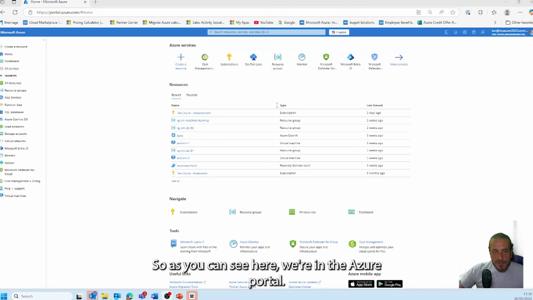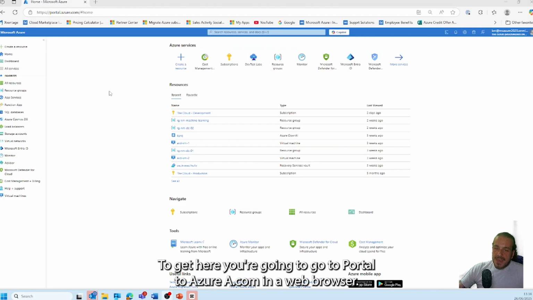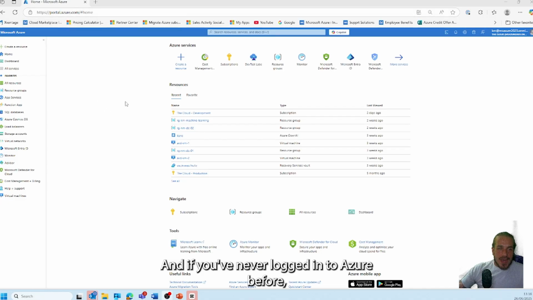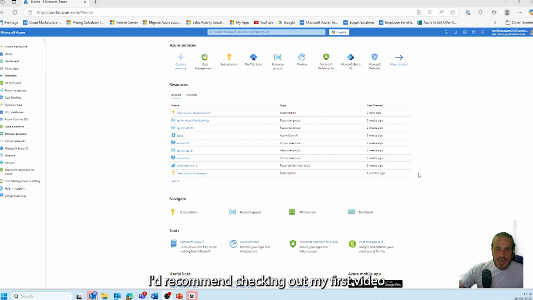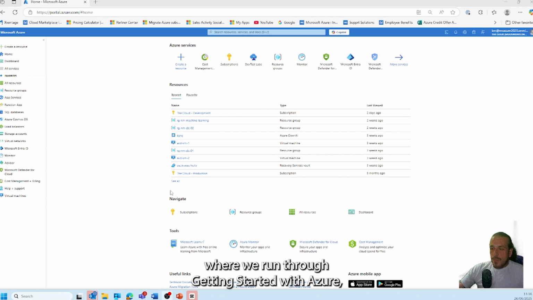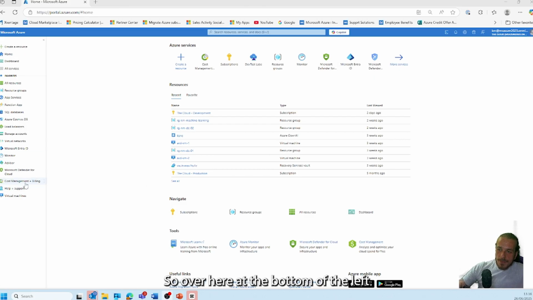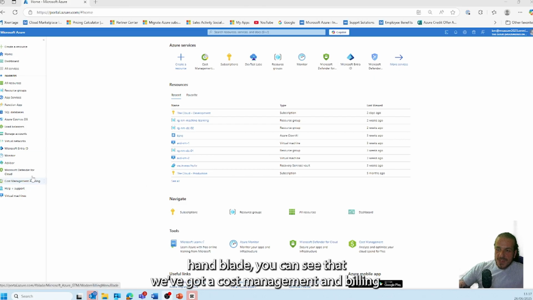So as you can see here, we're in the Azure portal. To get here, you're going to go to portal.azure.com in a web browser. And if you've never logged into Azure before, I'd recommend checking out my first video where we run through getting started with Azure, and we cover off some of the basics in the portal as well. So over here at the bottom of the left-hand blade, you can see that we've got Cost